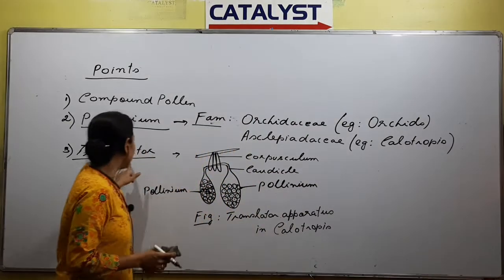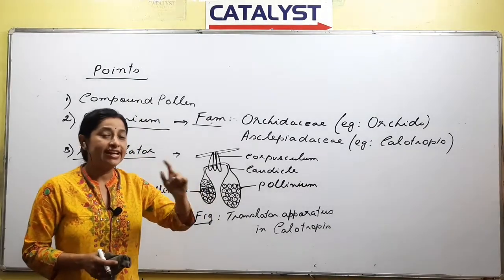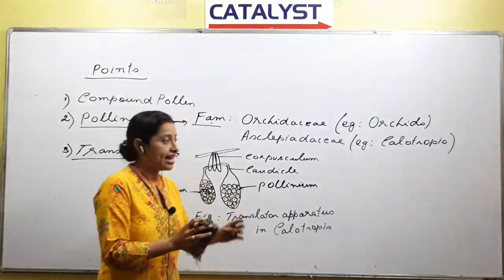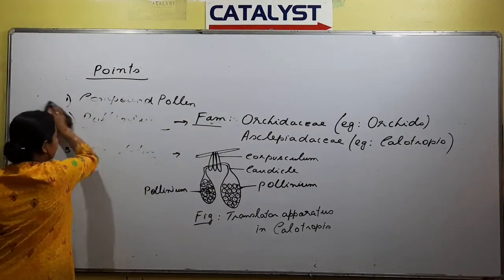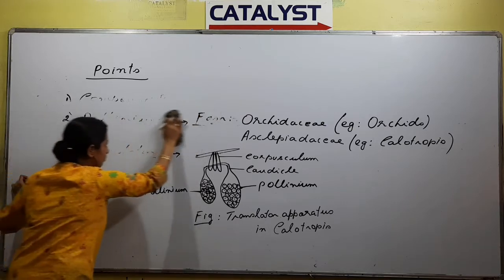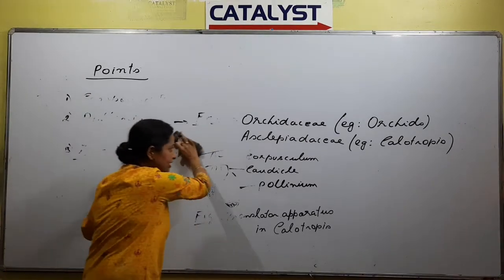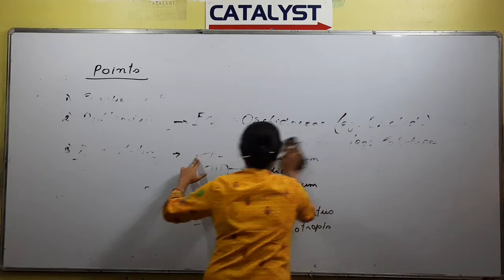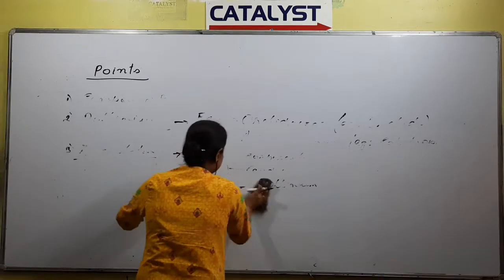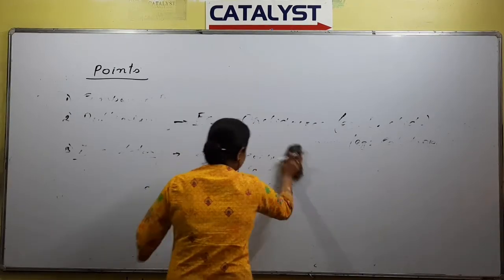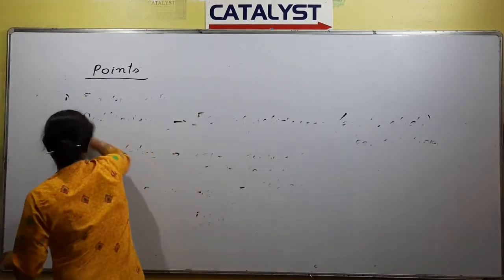So we are talking about the word called translator. What is a translator? It is a structure in which two pollinia of adjacent anthers remain attached, and this entire structure is called a translator. So compound pollen, right? Compound pollen ki jot niki tumar microspores bilak separate nohoy, right? That is called compound pollen. Gute structure to kami ki boli kom compound pollen. Pollinium ki je anther lobor eta anther lobor microspores bilak log lagi thakibo, and that structure is called pollinium. It is found in Orchidaceae especially, and so we have to remember the word Orchidaceae, orchid or Calotropis. Next is translator. We have just now discussed.